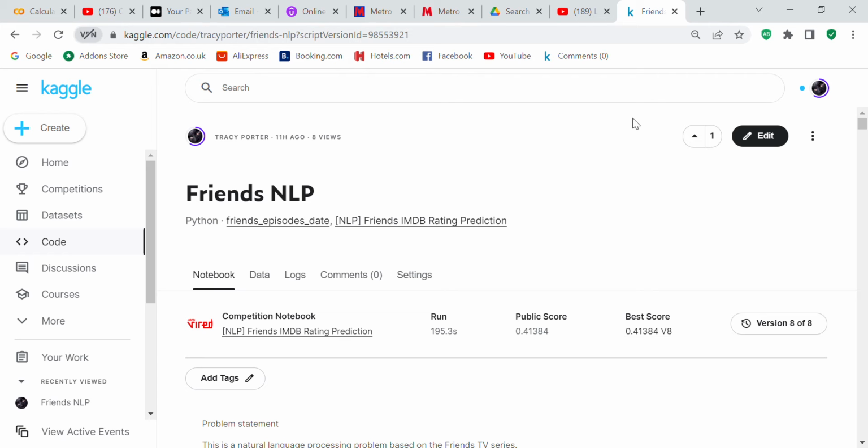Sometimes when you enter competitions, they'll tell you that you can use any file you want. And so what you have to do is go through the system and look for the CSV file that you want, and you can upload it into Kaggle and use it. That's exactly what I did. So that's why I'm bringing this to your attention, so you'll know that that's something you can do.